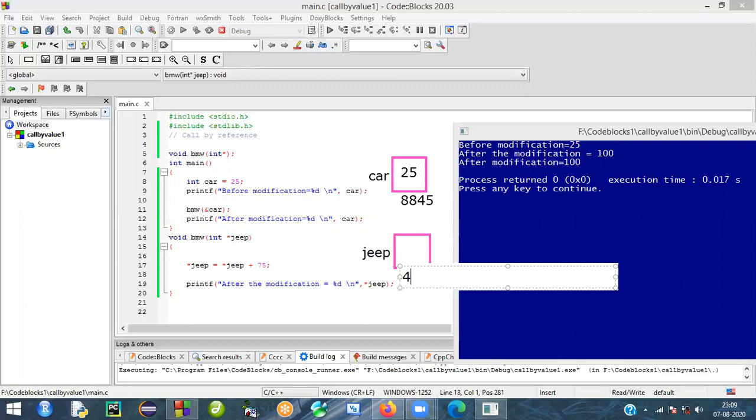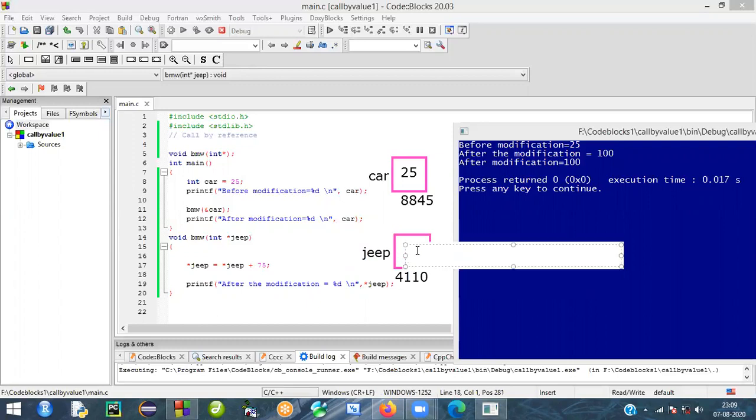I will say 0 is Jeep's address. Again, Jeep is holding the address 8845. This address belongs to the car address. Nothing but Jeep acting as a pointer here.